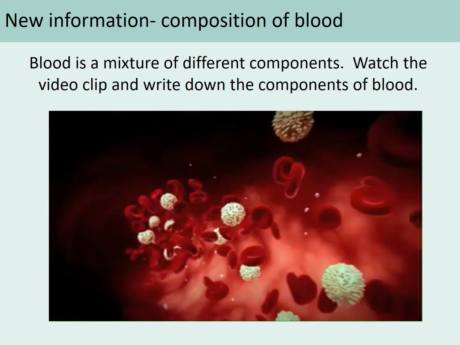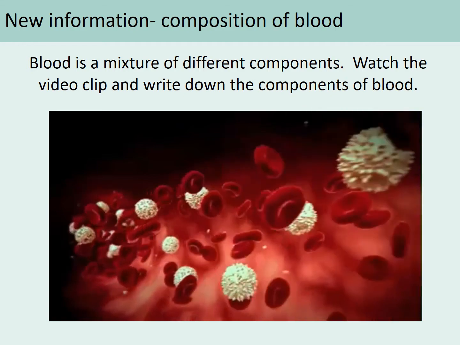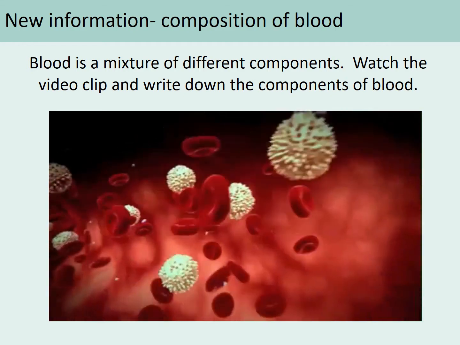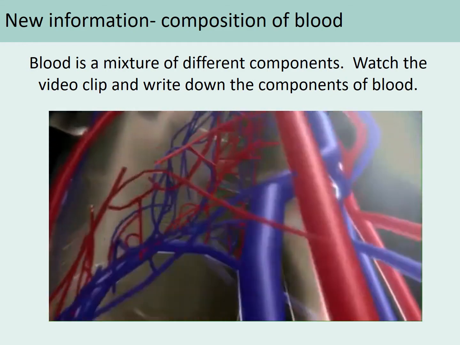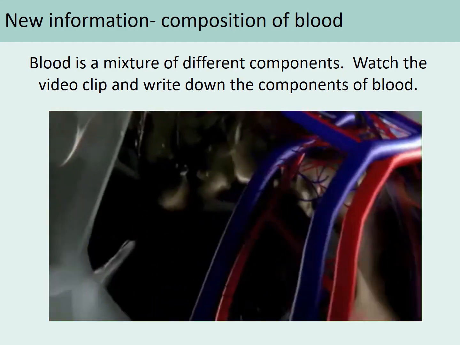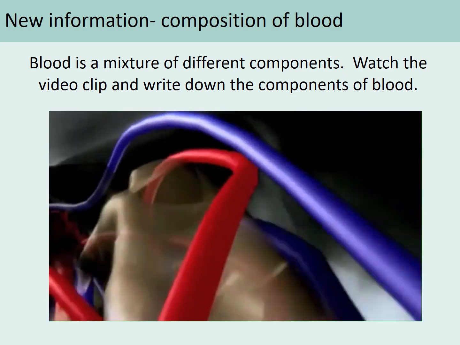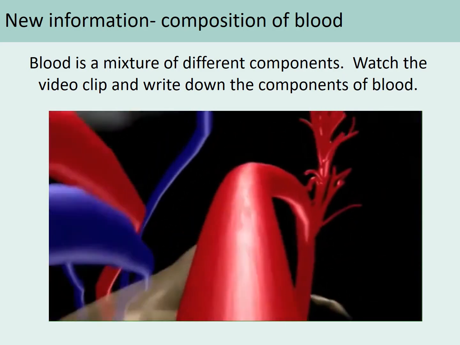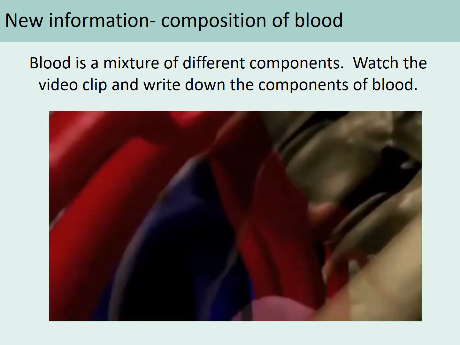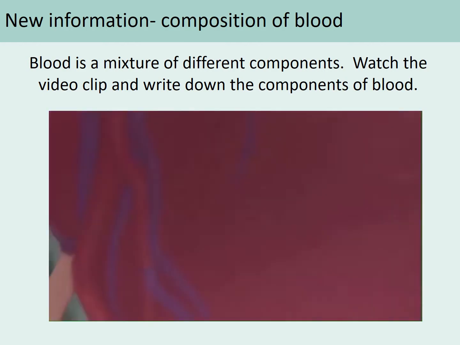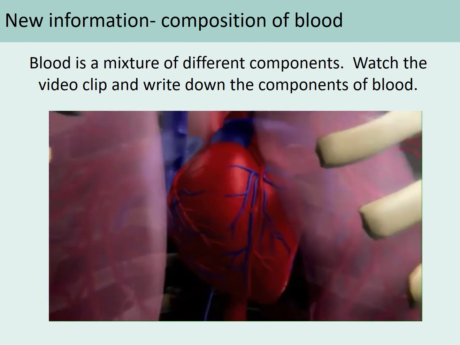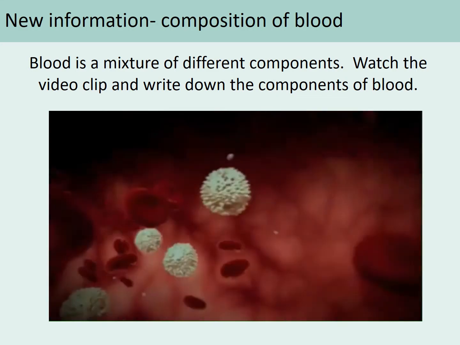Blood is the largest organ in our body. It has different components: ten pints of life force coursing through thousands of miles of arteries, veins, and capillaries. There are four main elements to it. So what I'm going to ask you to do now: those blood vessels carry blood to every other organ, keeping them functioning and thriving. Click on the link to the other video, and it's just going to show you our